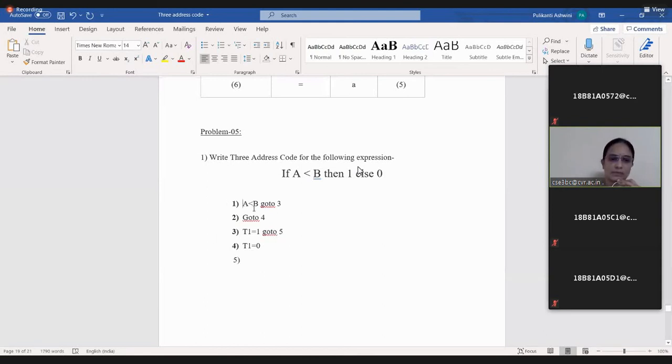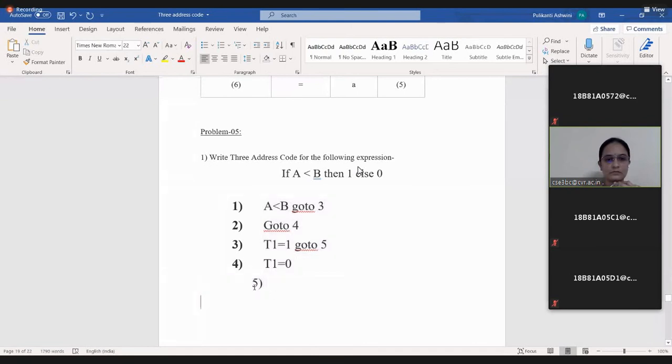So see the complete code. First, it is going to check the condition A less than B. If it is true, it should jump to the label called 3. In the third label, I have assigned the value 1 directly to a temporary variable called T1.